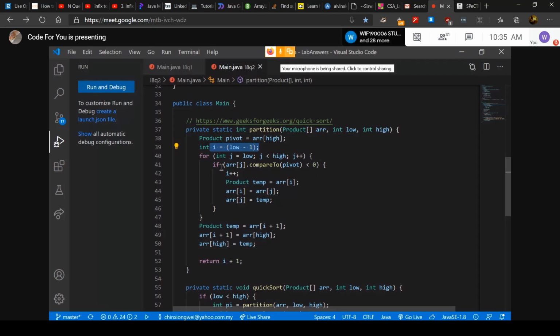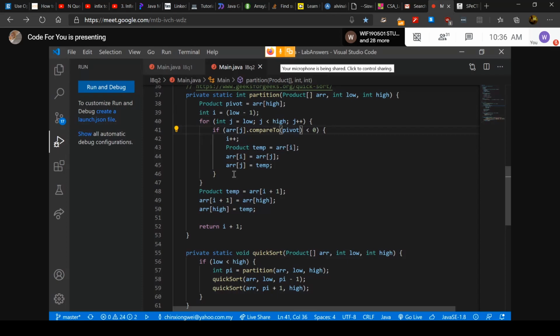So that's why if we meet anything less than pivot, we need to put it at the location of I, right? To ensure that it is somewhere at the left side of pivot. Still unsorted, but at least we know that it is less than pivot. Okay, we will do this until the end of the range of the array. Then we will increment the I again for 1